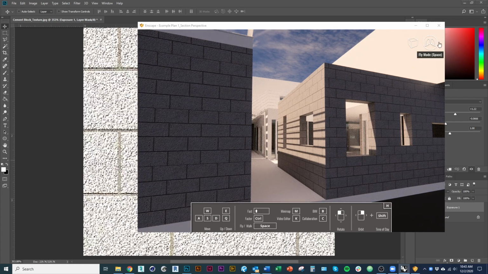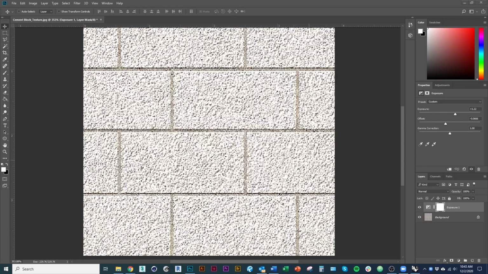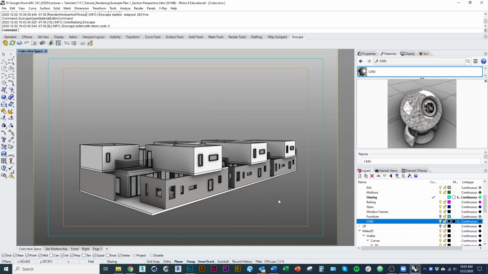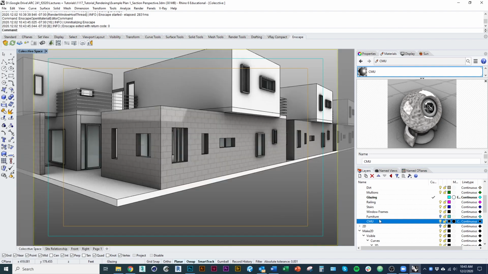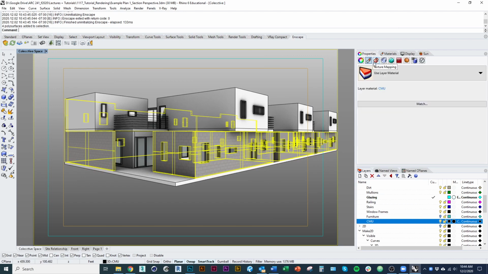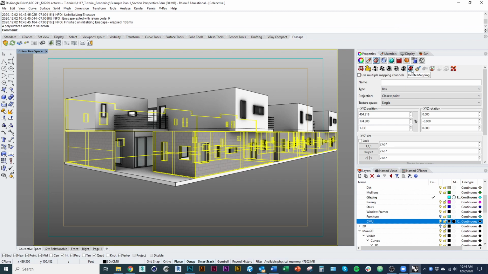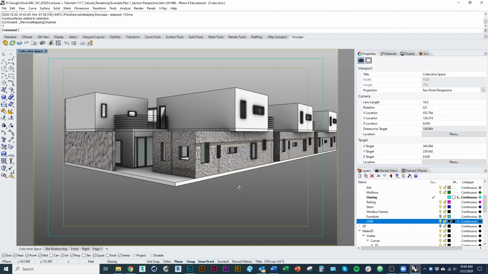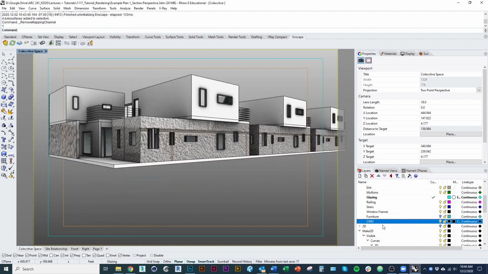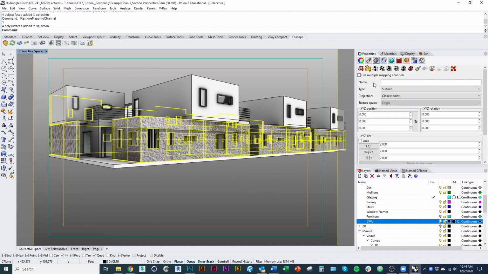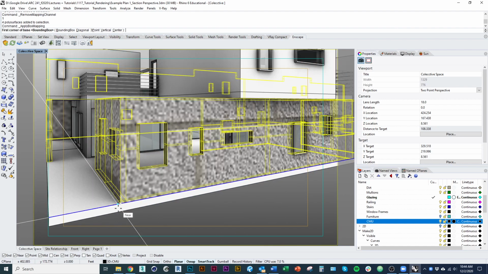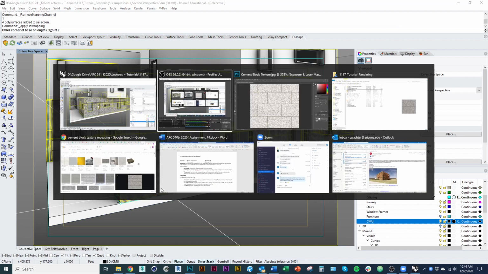Okay. And then just to reiterate, with the texture mapping, so obviously we get the preview in our viewport, which is great. And in order to apply a texture mapping so that our material is tiling properly, if I select all the objects on that layer that I just applied the CMU texture to, I'm going to clear the map, which you can do by just clicking this little delete mapping icon. You can see by default, it just applies the texture map to the object, per object. So I'll go to select objects, I'm going to apply box mapping, I'm going to click on the corner where I want the mapping to begin, and then I'm going to use the dimension